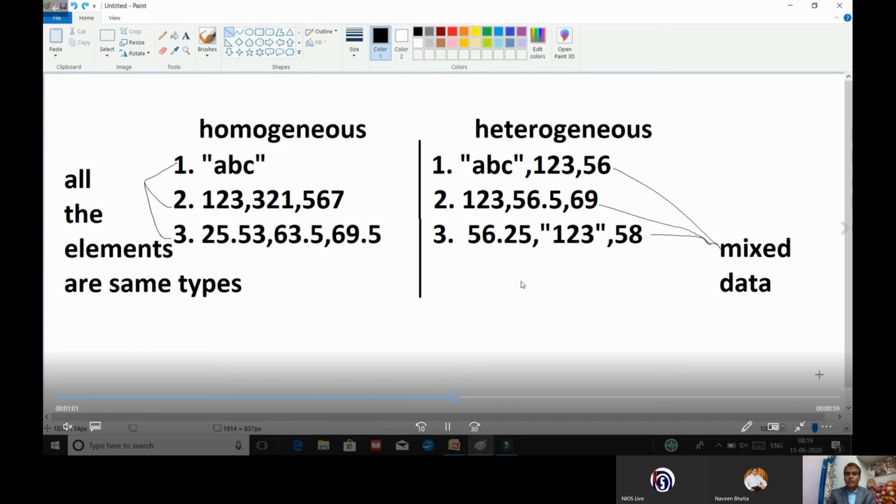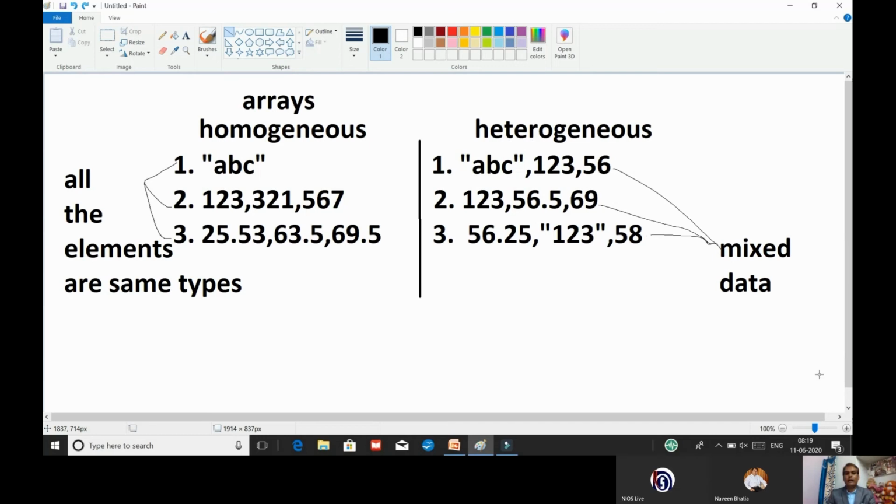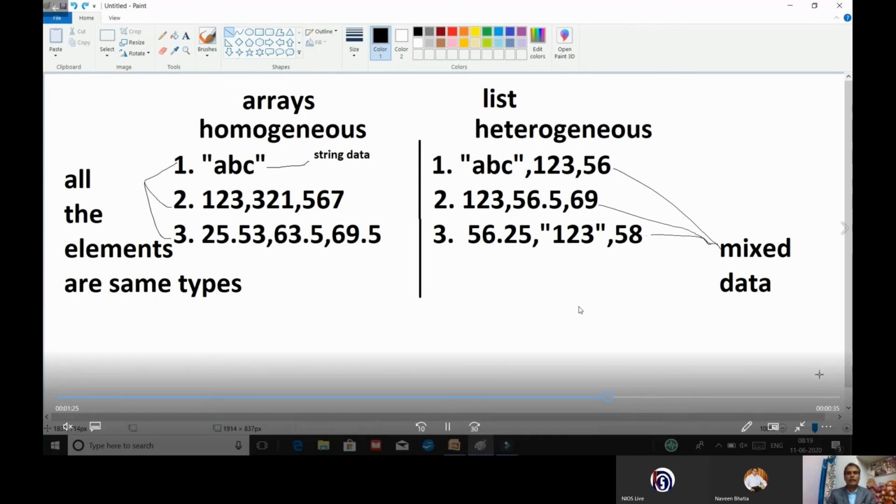But there is definitely a question in your mind about lists also. Sometimes we create data with different values, sometimes we put the same value. But again, in the next topic you can understand the difference between array and list, because so many mathematical operations can be applied on an array, but they cannot be applied on a list. So I think this is clear to everybody: homogeneous and heterogeneous. Right. Let us continue.